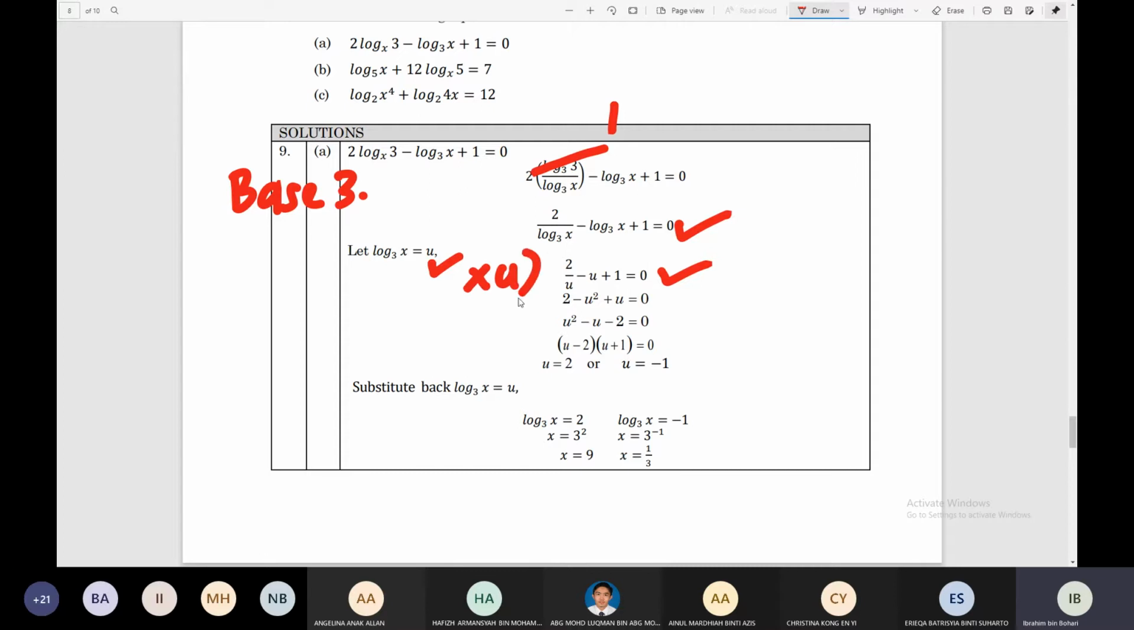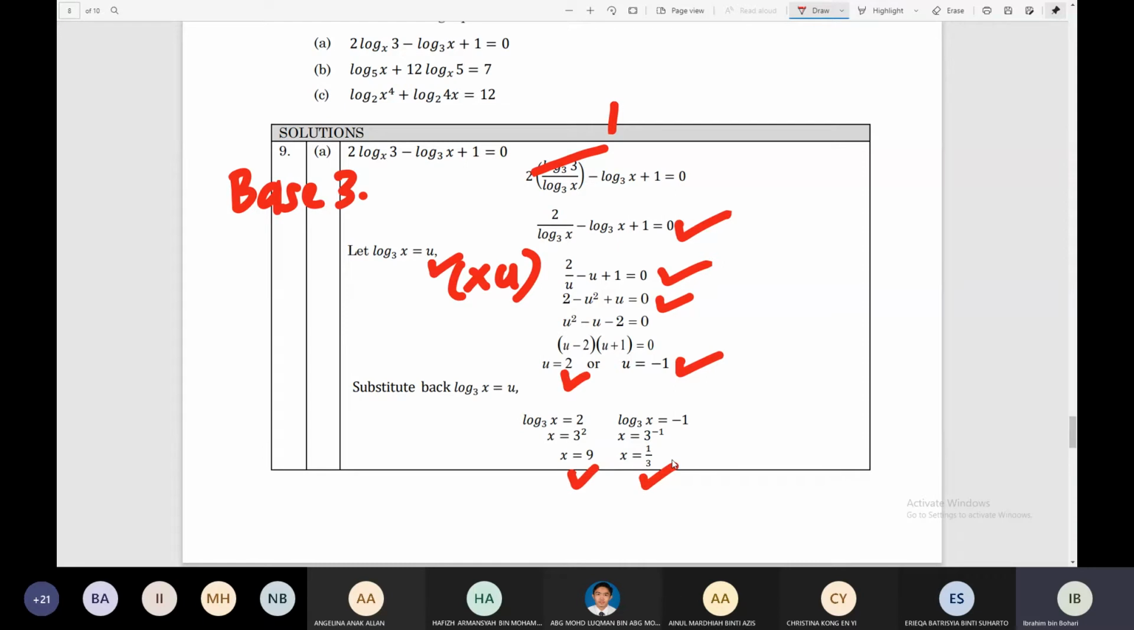multiply with u. 2 over u times u equals 2, negative u times u is negative u square, and 1 times u is plus u, equals 0. Okay, and factorize the equation: u minus 2 times u plus 1 equals 0, and u equals 2, and u equals negative 1. And you let log x base 3 equal to u: log x base 3 equals 2, and log x base 3 equals negative 1, and lastly x equals 9, and the value of x equals